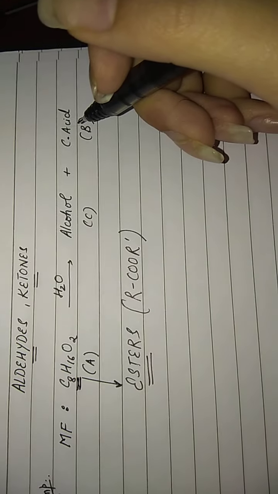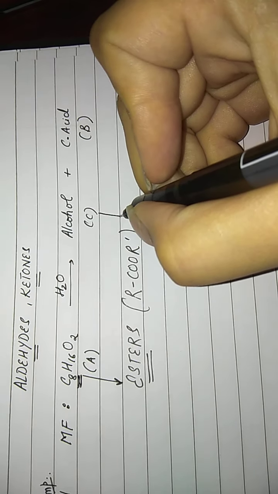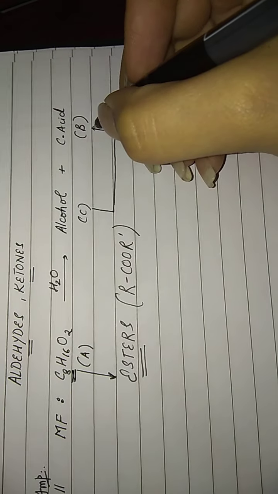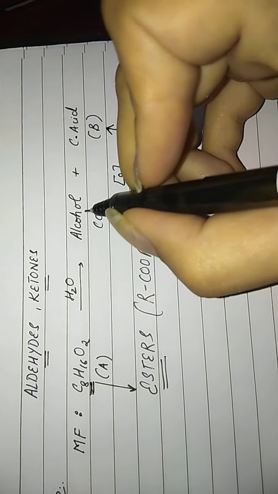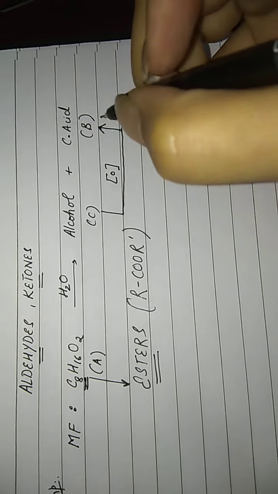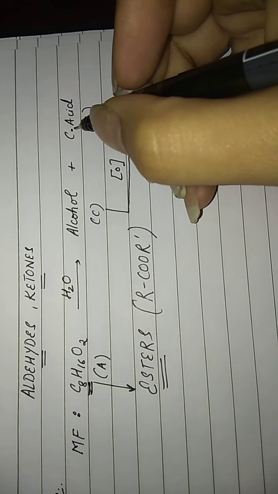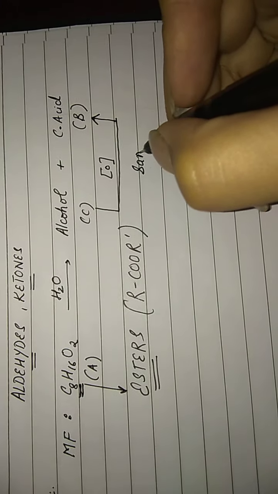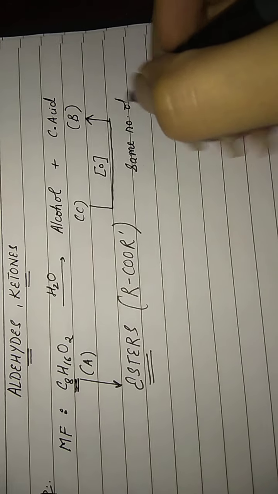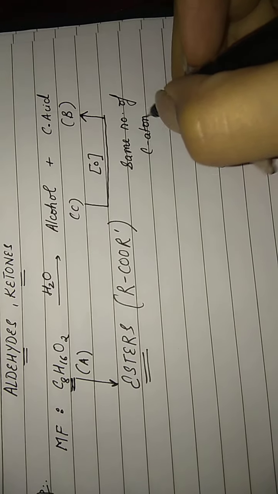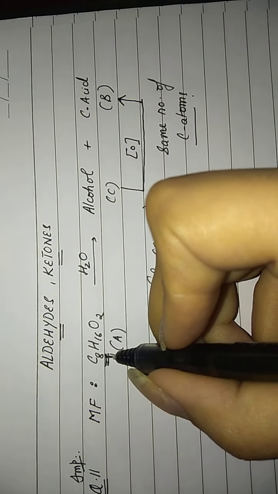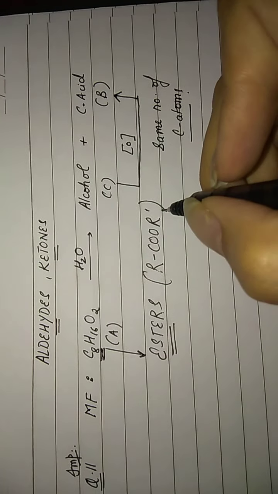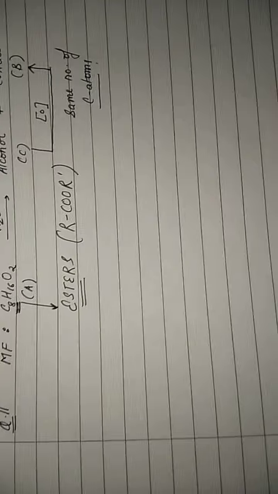From the next information that they are providing, they are saying that the oxidation of this alcohol C gives me the carboxylic acid B. Now, if this alcohol on oxidation is forming this carboxylic acid B, that means both of them have the same number of carbon atoms. If they have the same number of carbon atoms, how will I distribute these 8 carbon atoms here? 4 on the left side and 4 on the right side. So how will I draw my ester?